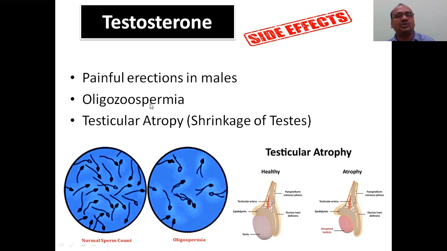See here, oligospermia. This is called oligospermia. See, this is a normal sperm count in the male. Okay, here you can see it reduced. Testicular atrophy. See here, shrinkage of the testicles. Here you can see this is the normal testis. Here you can see shrinkage. Just like a cloth, if you put it in cold water, it will shrink. In the same fashion, the testis will also shrink. That's why don't take extra testosterone. It becomes the reverse of what you want. Hormones, don't play with hormones.